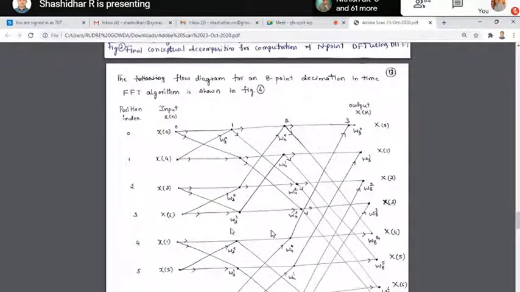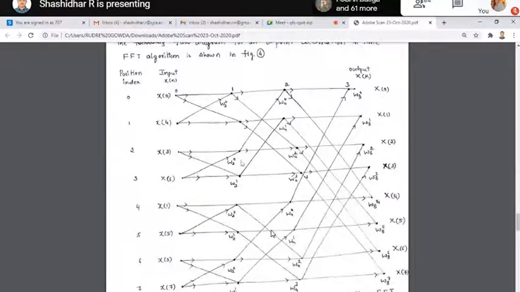In all the values, see here we combine x of 6 values here, W 2 to the power of 0 and x of 2 to the power of 1. So this is the radix. We can solve the problems using the FFT algorithms. These are the algorithms. And x of 1,